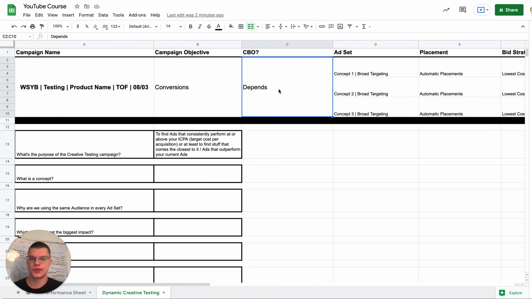Then the ad set structure. This is where things get interesting. We're using the same interest group for every single ad set in our testing campaign, and the way we separate ad sets is by concept. The question comes up: what is a concept? So a concept,